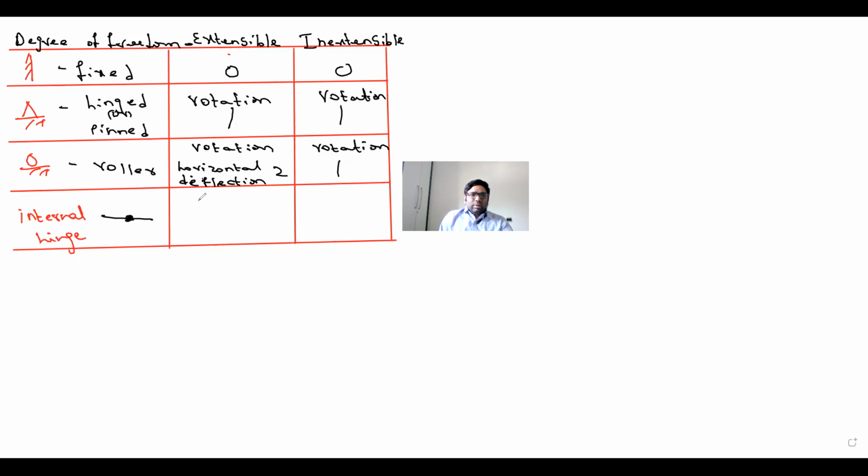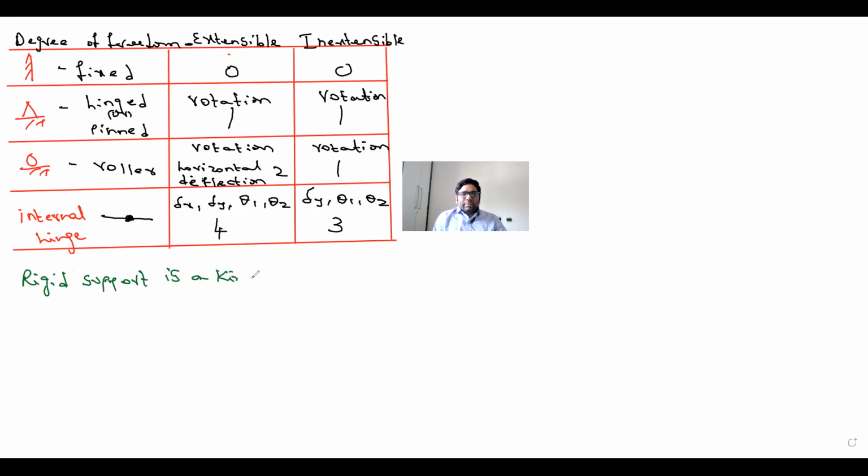Internal hinge, 4, that is delta x, delta y, theta 1, theta 2. Inextensible, 3, that is delta y, theta 1, theta 2. Okay. Now, another thing apart from these supports is actually a rigid support. So, a rigid support is a kind of fixed support,